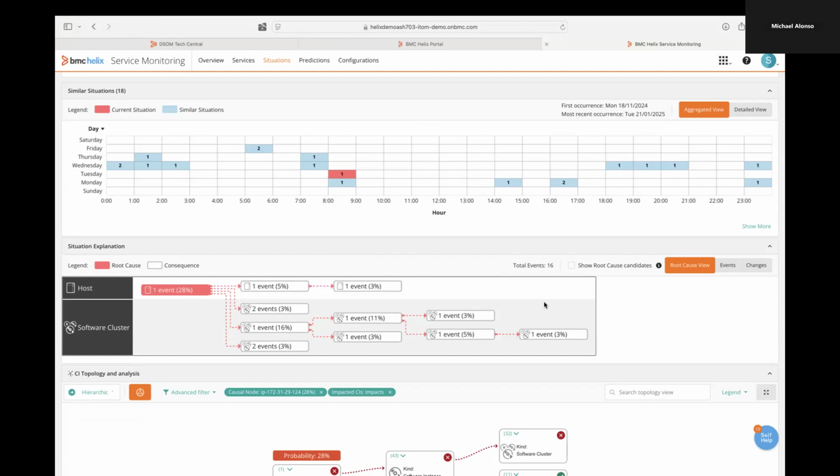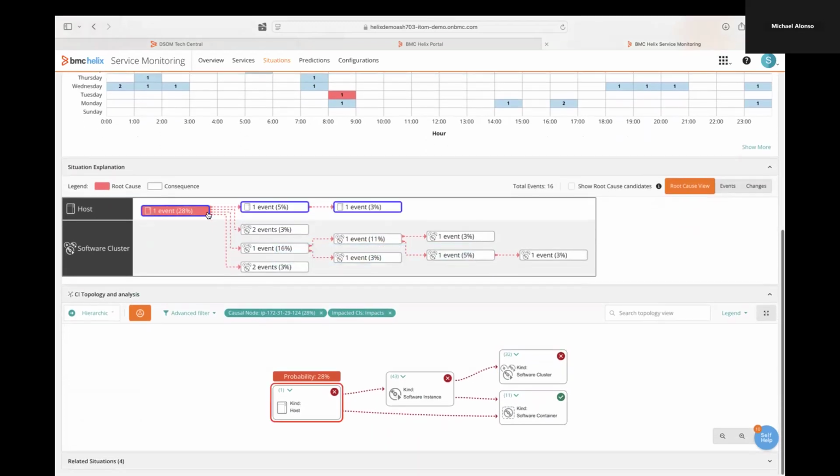So what BMC has done is take the veil off and say, here's how BMC made that decision. You can drill down on any piece and component of this. You can see where our event is, our root cause, and what our consequences are. When I hover over these, they also highlight inside the model where that information is coming from. So you can drill down and understand exactly what's going on and how we came to those decisions to give you that root cause view.